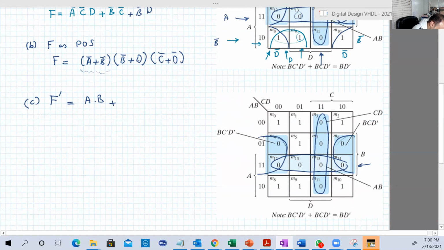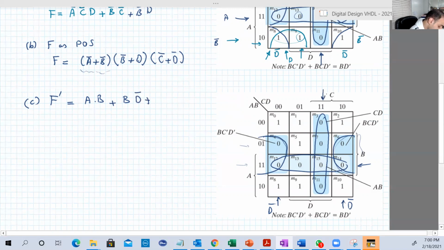A is changing because here A bar, here is A. B is not changing because these two rows are B. C is changing because C for the last two columns is C, and for the first two columns is C bar. D is not changing because this is D bar and this is also D bar. So BD bar. Plus